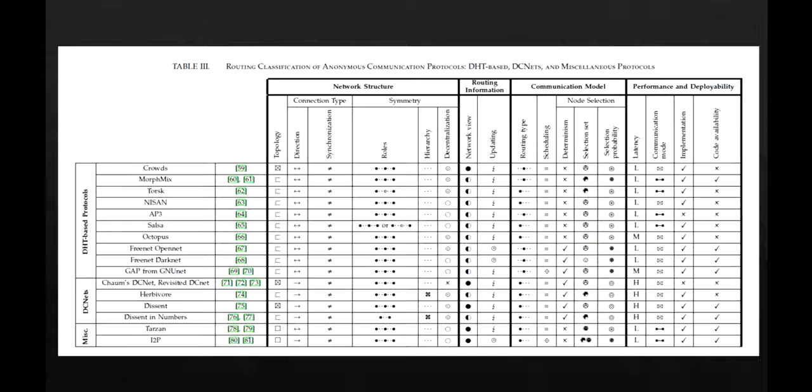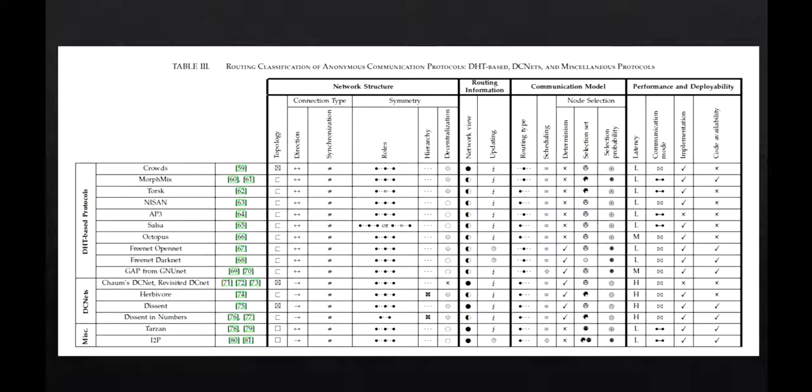Crowds is semi-decentralized because routing information of the nodes is distributed by a blender, which is a central entity. Morphix is fully decentralized. In Morphix, the network view is partial, so the witness does the node selection here. The network view is complete in Crowds. The first two are Crowds and Morphix. From the left, you can see it's partial for Morphix and complete for Crowds.